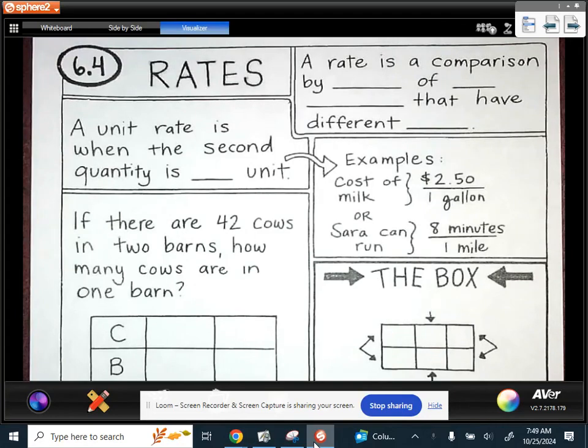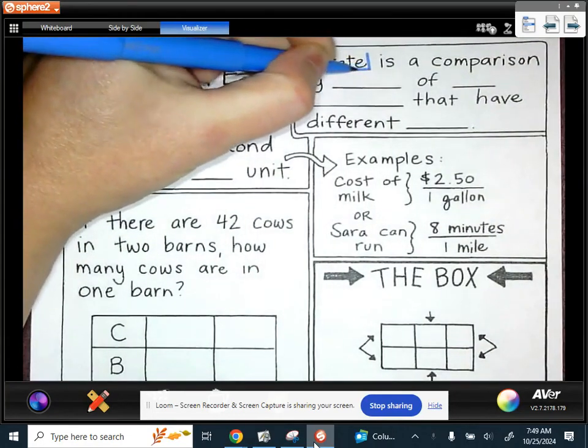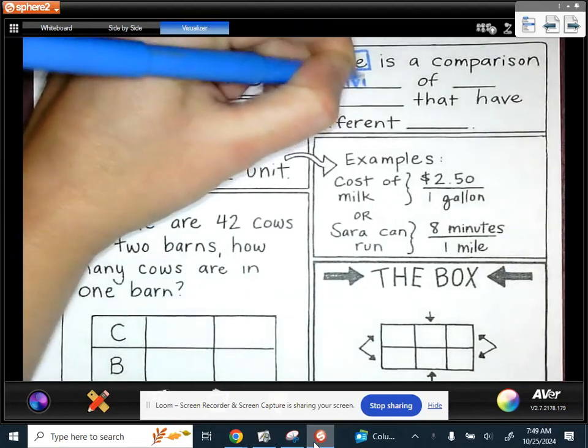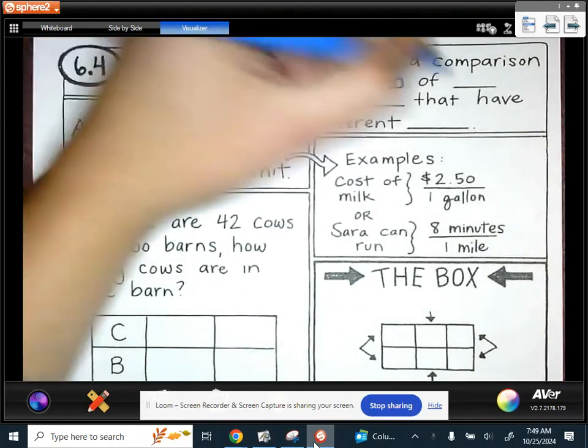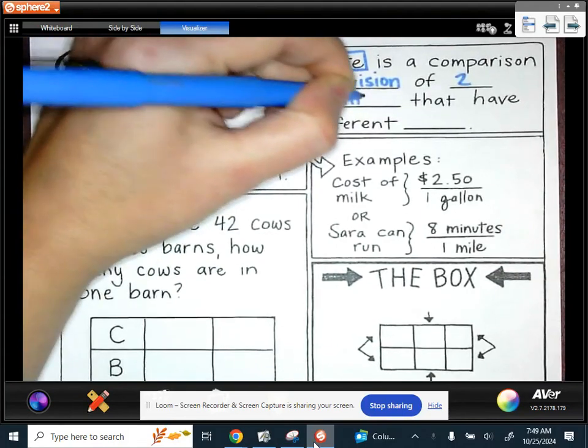So today we're going to talk about rates. We've already learned about ratios, and a rate is actually just a type of ratio. So a rate is a comparison by division of two quantities, and remember that just means two amounts